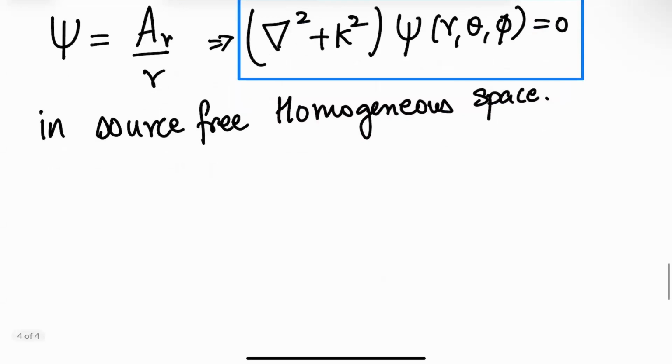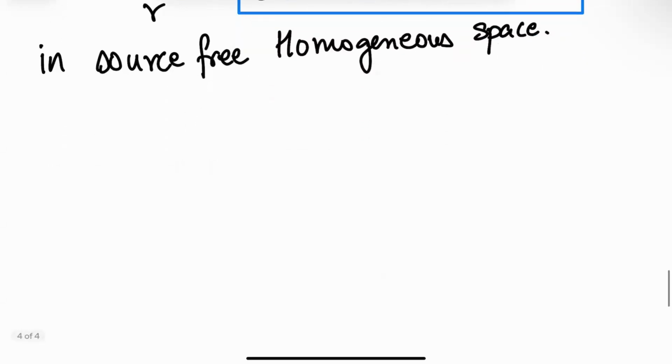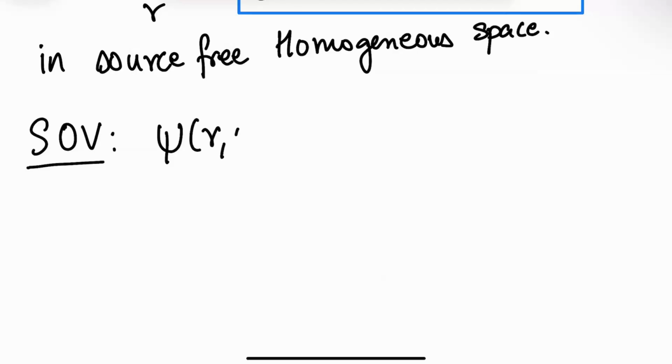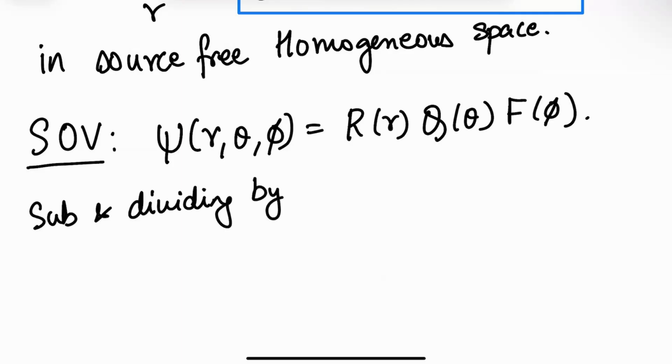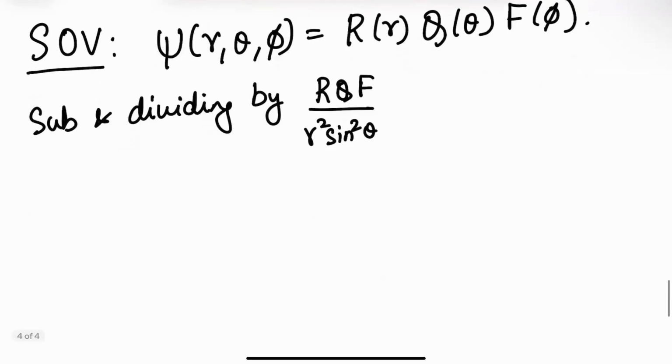Okay, so let's actually solve this. We'll use separation of variables. Now in spherical coordinates r, theta, and phi, I'll call this R of r, Q of theta, F of phi. And then substituting and dividing by R Q F over r squared sine squared theta, you end up with